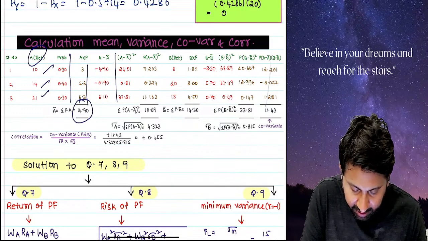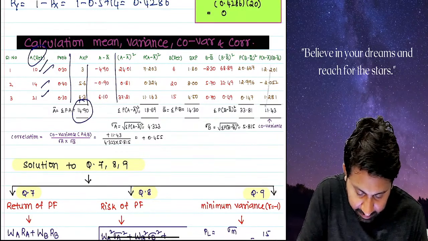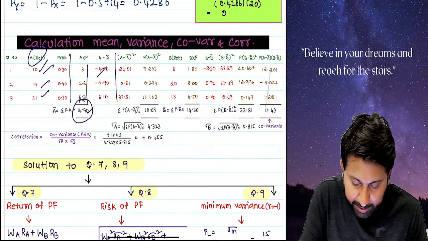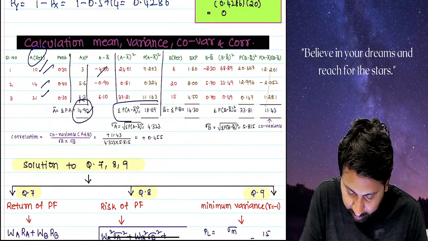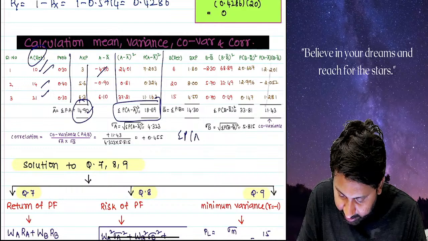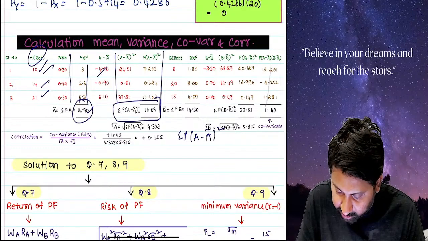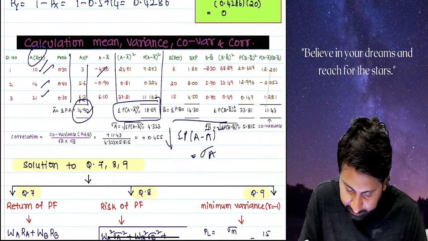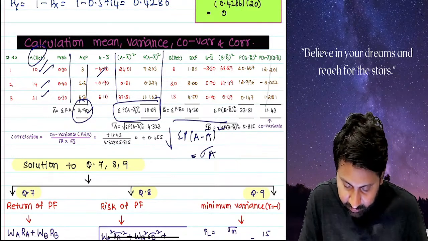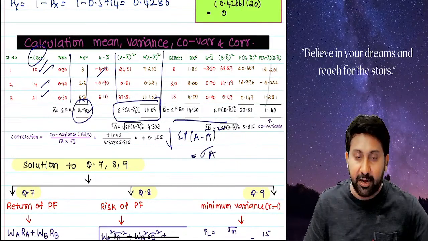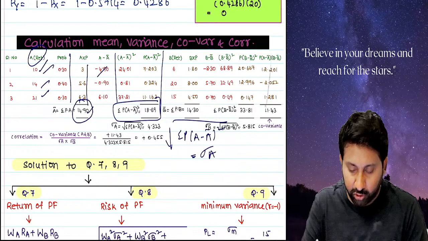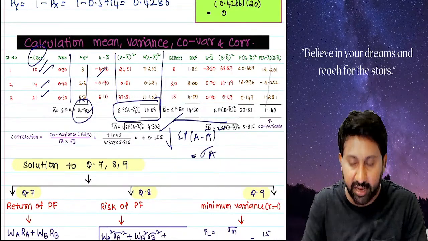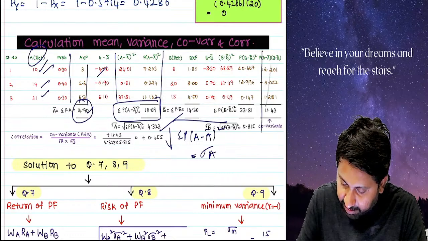We got the standard deviation. A minus A bar means 10 minus 14.9, minus 4.9, like that. A minus A bar the whole square. P into A minus A bar the whole square. What is this? Sigma P into A minus A bar the whole square. We take the root such that we will get sigma A. So sigma A equal to root of sigma P into A minus A bar the whole square. So totally how much we got? 4.323. What is 4.323? Sigma A. Like that we calculated also for sigma B.